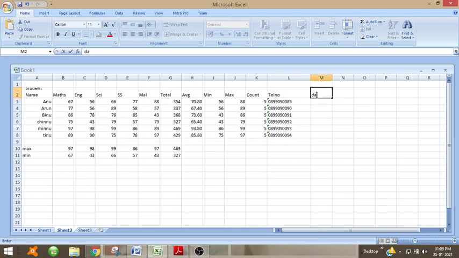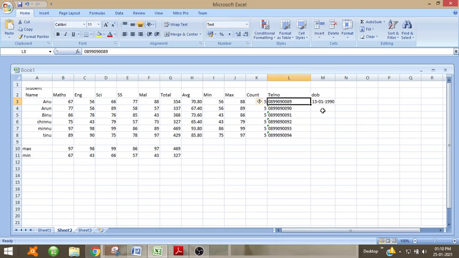Now here we will give the date of birth, a column for the date of birth of students. So here we will write the date of birth as 13/1/1990.